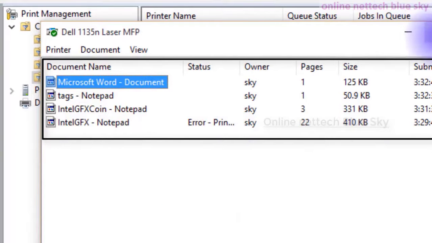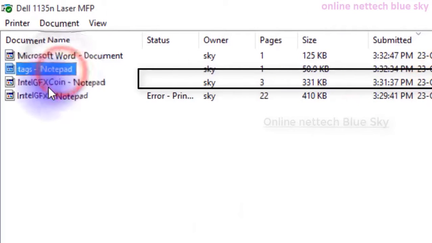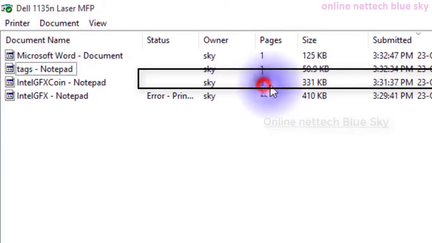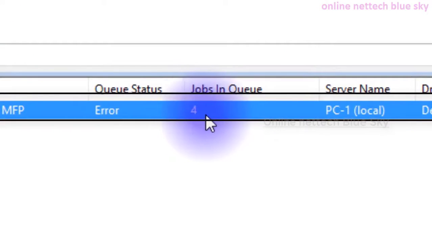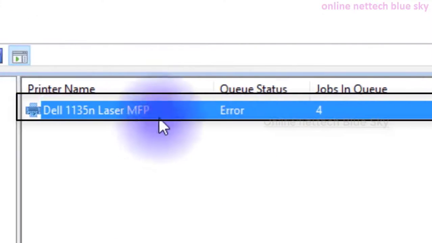I'm showing you this tab because when you give any file a command for printing, whether there is an error or maybe success, you can come here and check all of the documents. Printer job means your command for your printing file here. This is very important for the printer queue. For the 4 files I already gave the command to the printer, so it is showing error here.